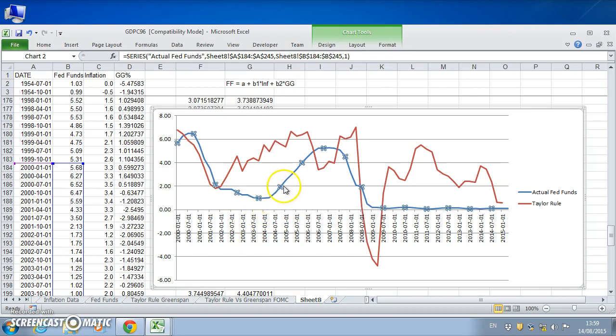Thereafter, in 2004, it started to go up, and as interest rates tightened, the actual policy rate exceeded the Taylor rule rate, and we can see in 2007 that the rate started to come down very dramatically, but not as dramatically as the Taylor rule, and then the Taylor rule becomes actually negative to a relatively